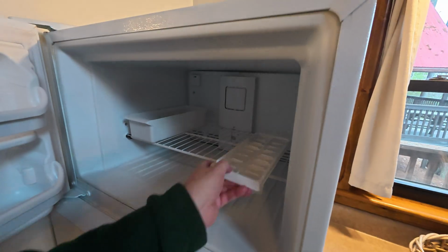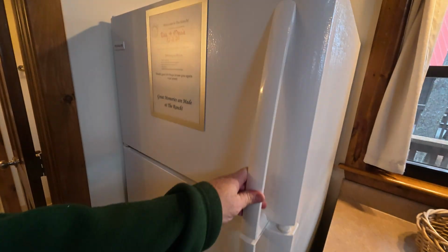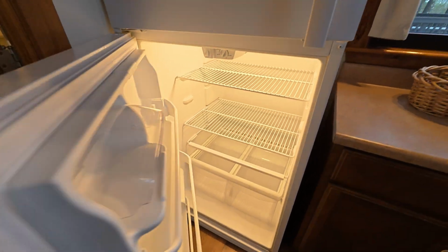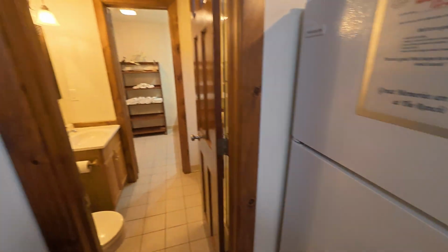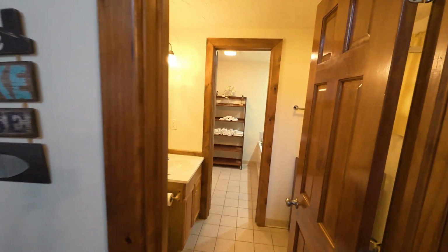We have some ice already made. Oh, nice touch, guys. Nice touch, thank you. And all clean, smells good. Welcome to the lake house. And this is